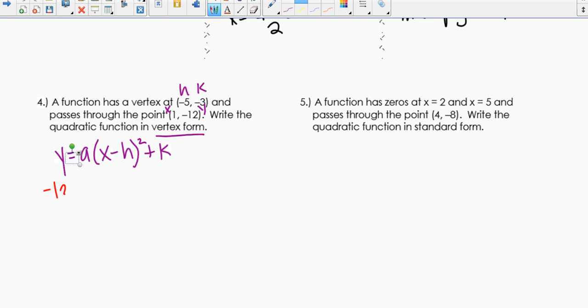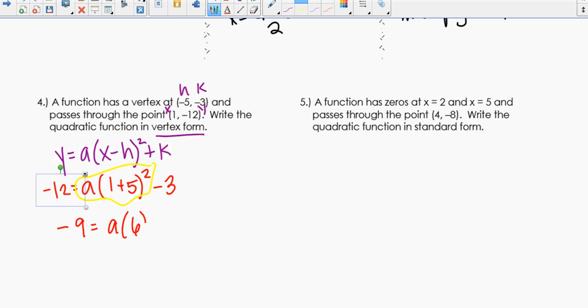y is -12. We're looking for a. x is 1 minus a -5, so that's going to turn into a plus, squared, minus 3. You guys watch your order of operations here. This is stuck together. Okay, so I'm going to add that 3 over and get -9 equals, well, we have a times 6 squared, so -9 equals 36a. So if I divide both sides by 36, watch yourself there because a lot of people mess that up,